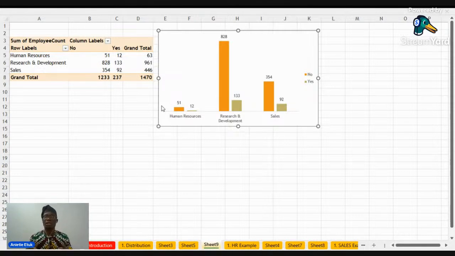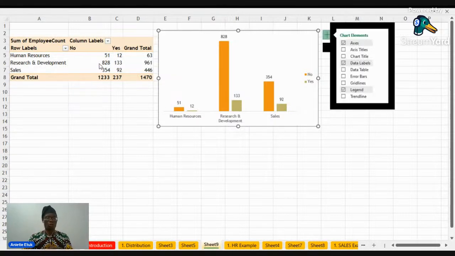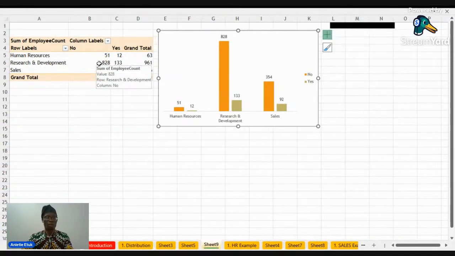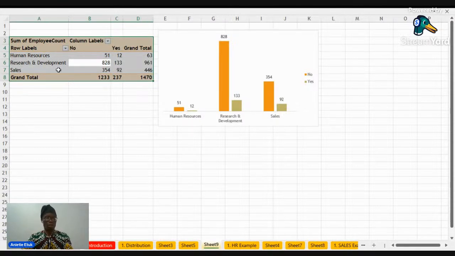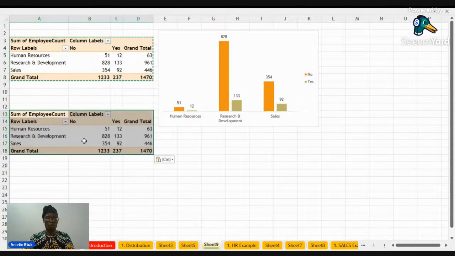This is something a basic Excel user can do, but a data analyst must be able to tell the business owner, now this is the distribution, this is what happened, but this is what will likely happen when we talk about the rates. Let's convert this data to an equal ratio of 100%. I press Control A to select all, Control C to copy, and I come down and press Control V.